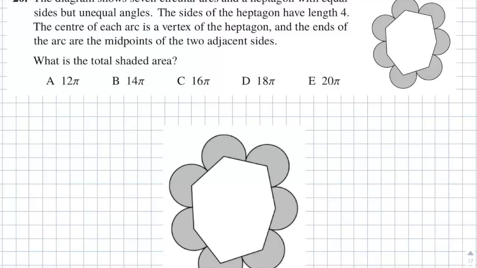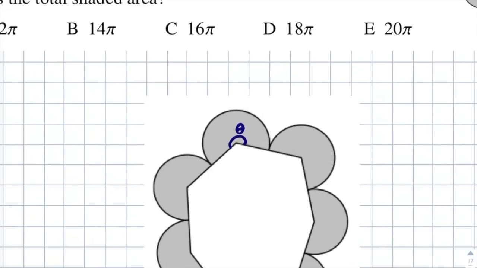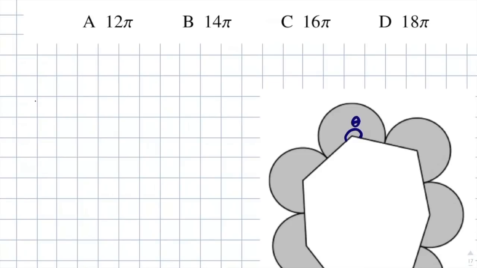Okay, so with this question, we are trying to find the total area of all 7 circular arcs. Now, to find the area of one circular arc, let's say we have a look at this arc here. You need to know what this angle is. Okay, so I'm going to call that angle theta. And there's a formula from GCSE Maths that you should have come across, which is the area of a sector